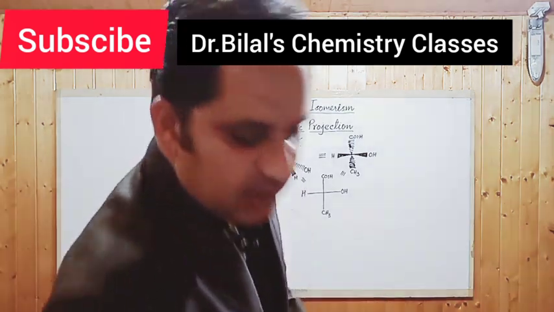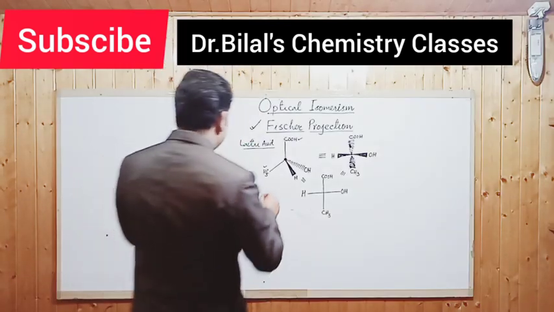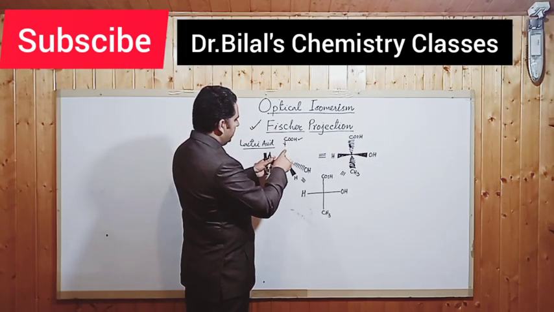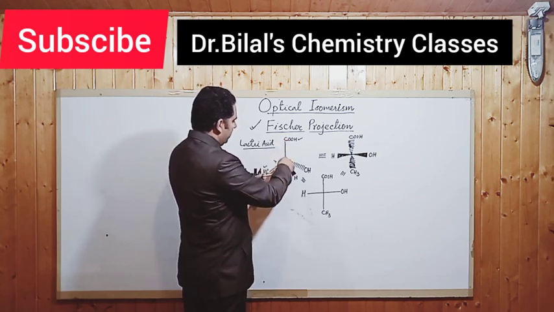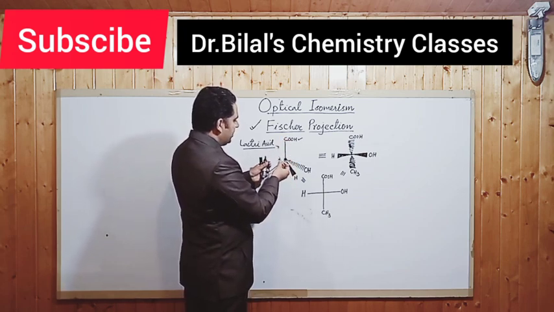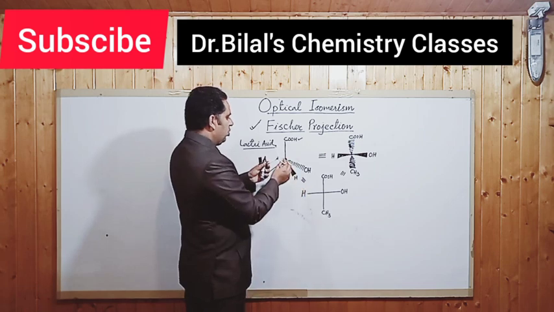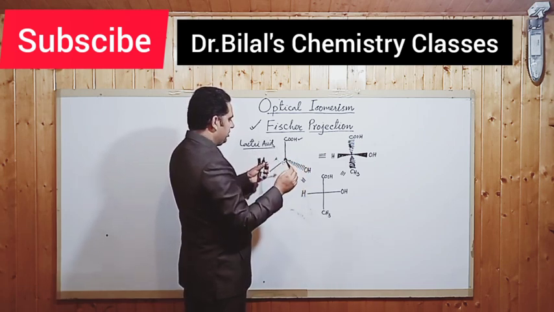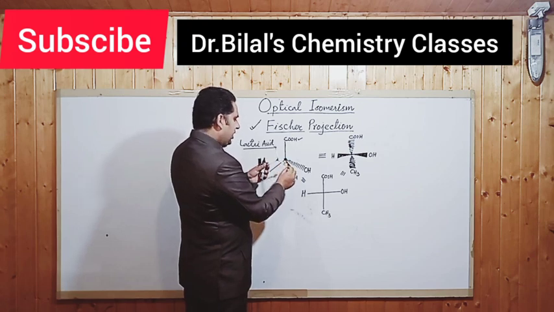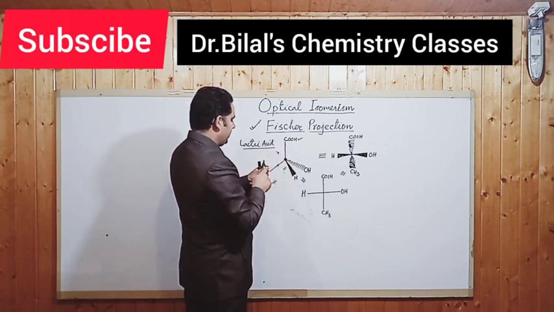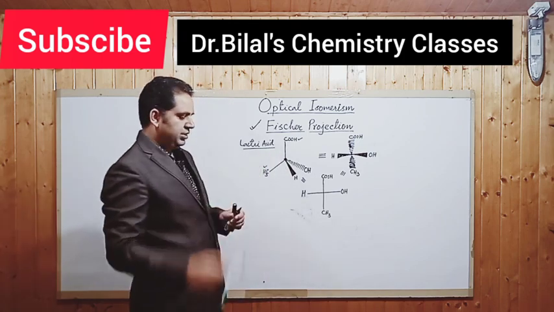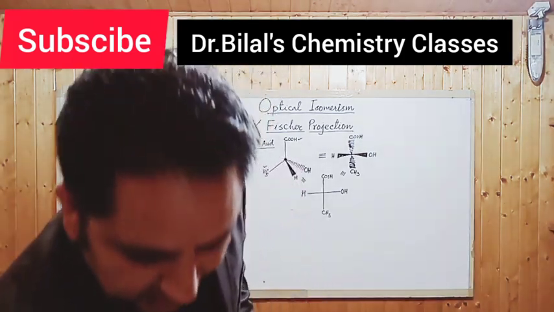So that means, if I can show this to you, we have these two groups in the plane, one is coming out of the plane, one is getting into the plane. So this is H, which is getting out of the plane, this is OH, which is getting into the plane, and COOH and CH3, they are in the plane. So this is how it is shown here. But this can then be